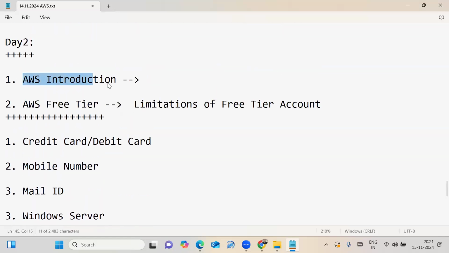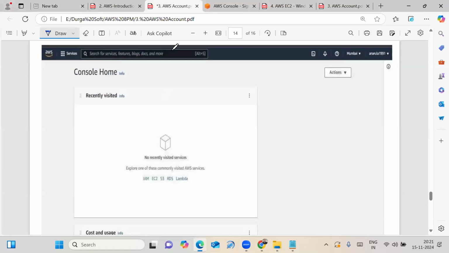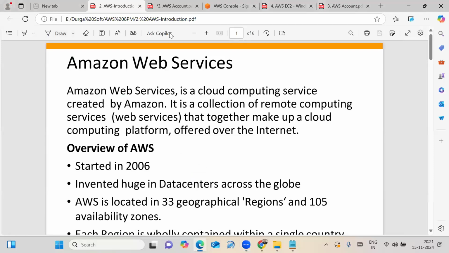Fine, friends. Now we are going to discuss the AWS introduction. In the AWS introduction, see here, it started in the year 2006.